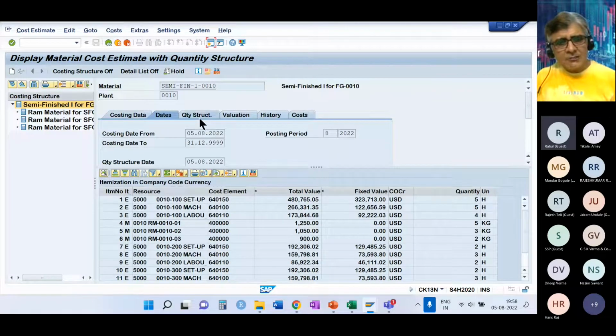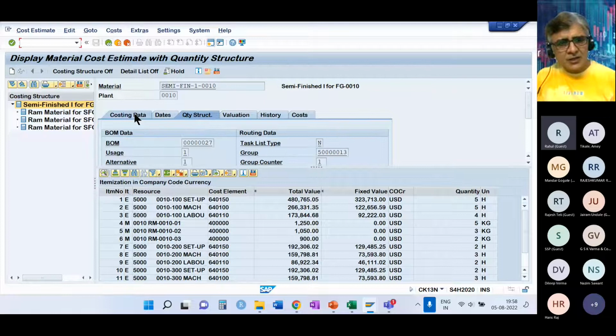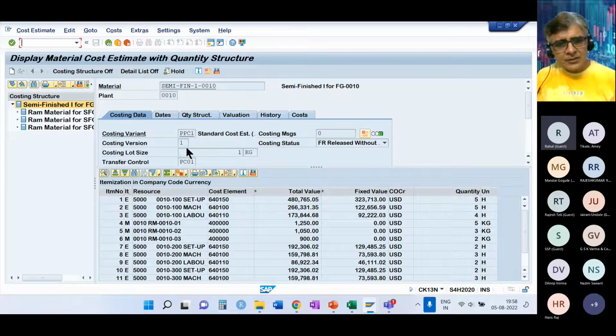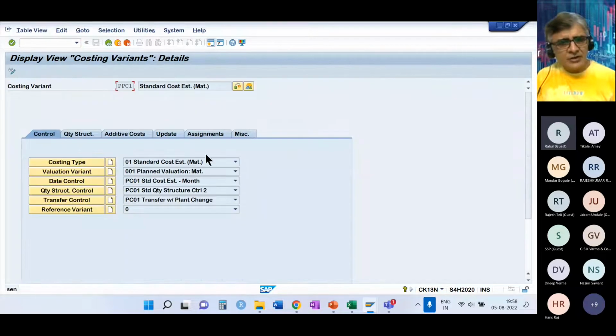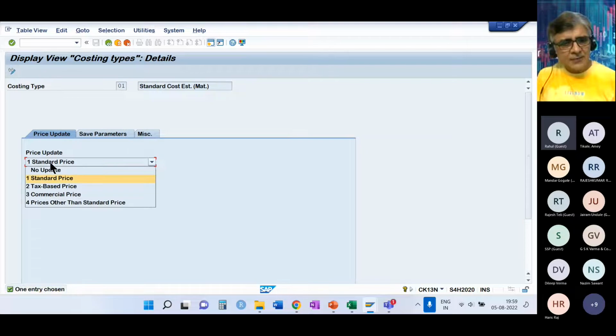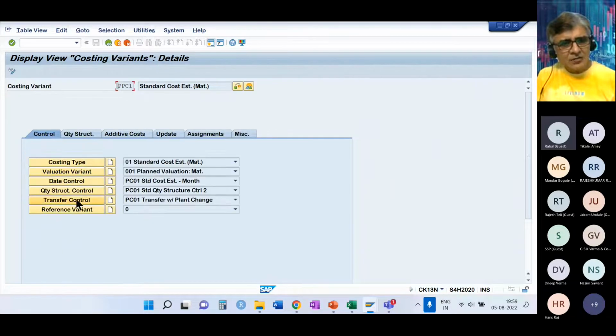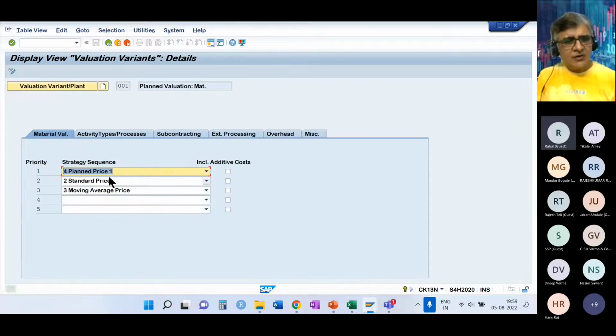So we have looked at the BOM, routing, material master. Okay, this is one very important configuration which controls the entire process of costing, where we have got different settings. Like on the costing type, we'll define whether it's a standard price or tax price or the commercial price. So this is mainly for the legal valuation purpose, and then valuation variant will define what kind of price you want to take, whether you want to take the planned price or the standard price or the moving average price for calculating the raw material price.